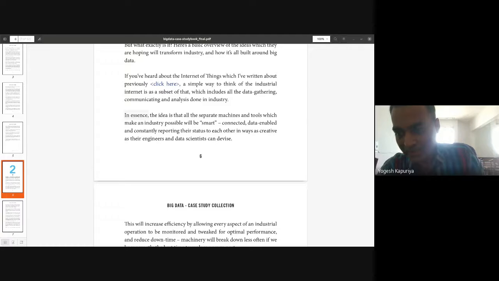For example, a textile manufacturing company, I came across one company who is actually recording the production. In case of textile manufacturing, I'm talking especially about embroidery kind of machines.